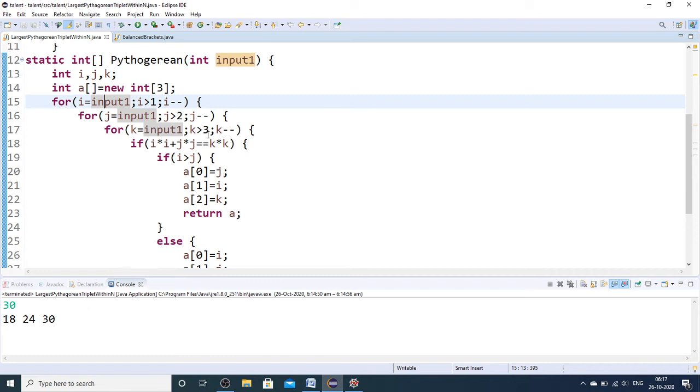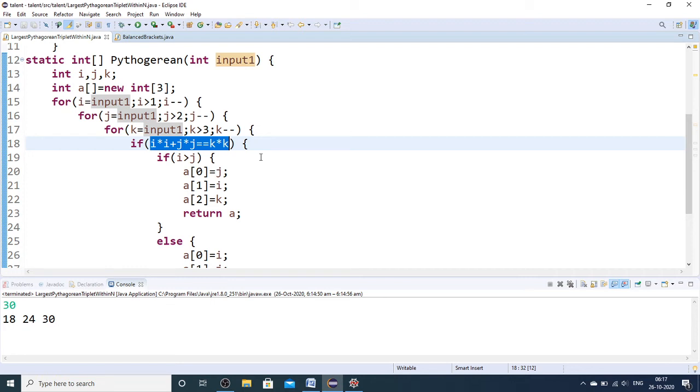I am interested in the three terms only if they satisfy the Pythagorean condition, that is i square plus j square equal to k square. So only when this condition is satisfied I require the terms, and since I am running the loops in reverse direction, the very first term that satisfies this condition is sufficient for me.